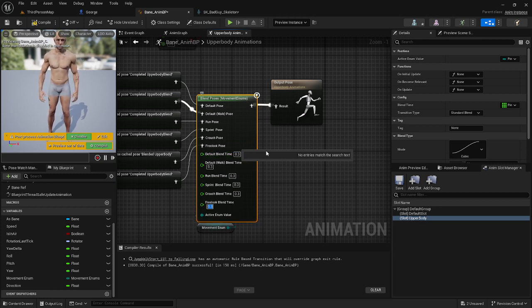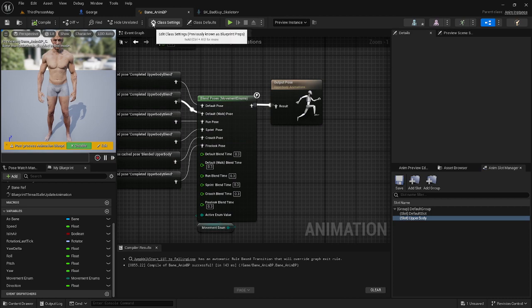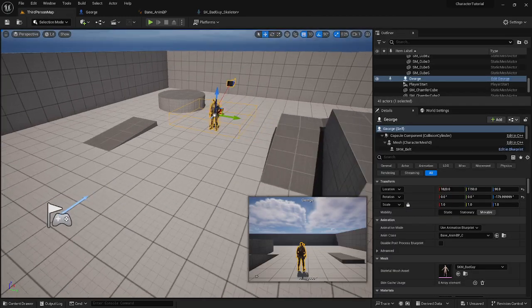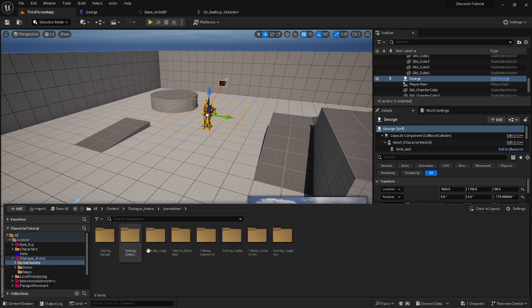And then if I don't like it, I could just come back here and affect the blend times. And that's it. Right, so now we have to go back, go to these animations. I'll make this really fast. I have to find,